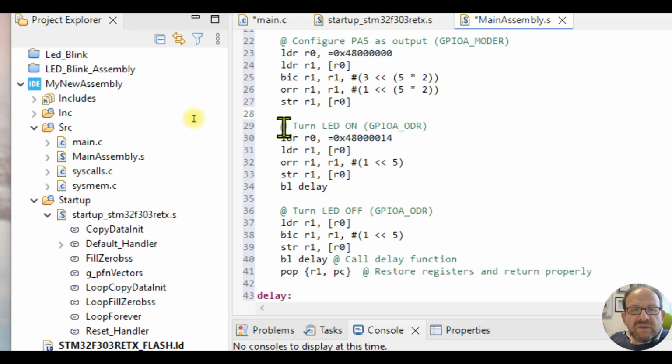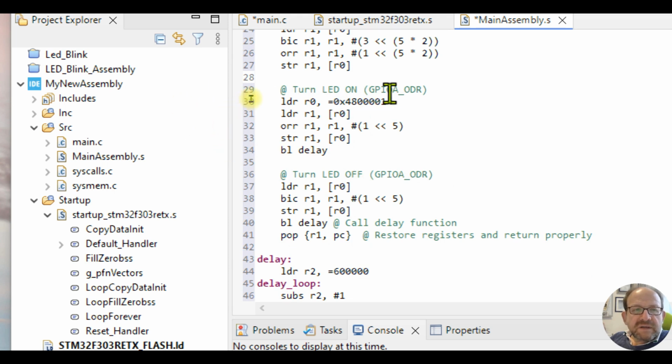So after that, you have to turn your GPIO on and off, as you see here. So you again reach the ODR register for GPIO A, and this is in this location, 48000014 location. You get that content, you set that content in the 5th position because you're going to be modifying the 5th bit position, and then you store it back. How you set it? You OR it with your previous value in that 5th position, and you do a similar thing in